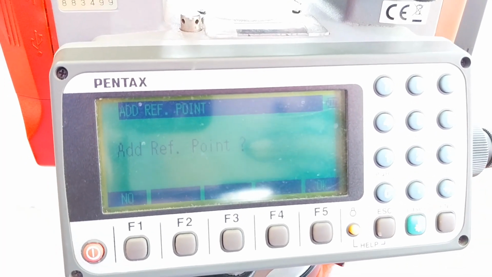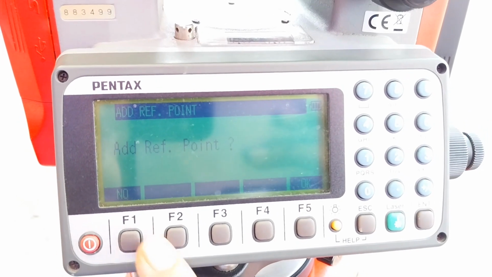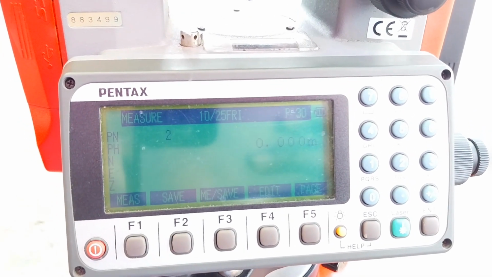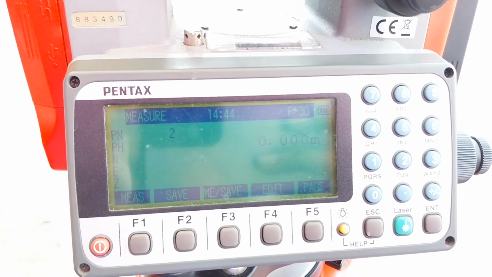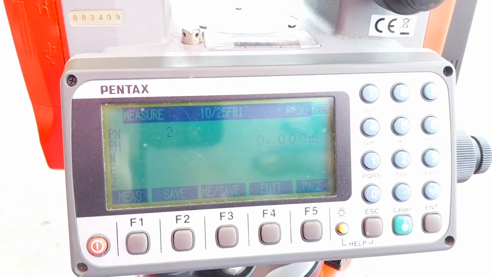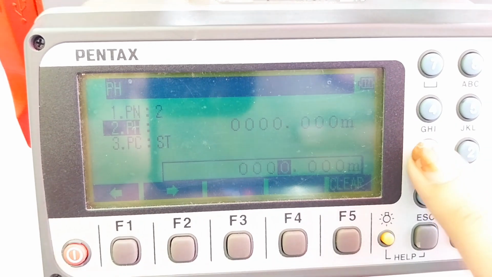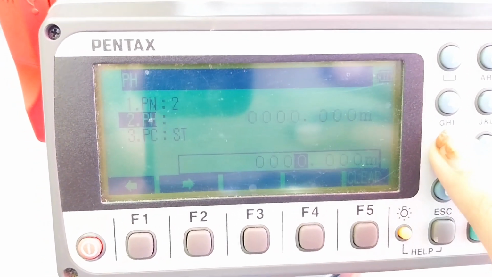Now press enter. Add reference point, no. And we are going to just add the prism height. Prism height is 1.5.